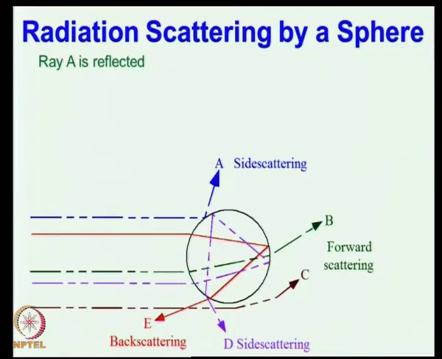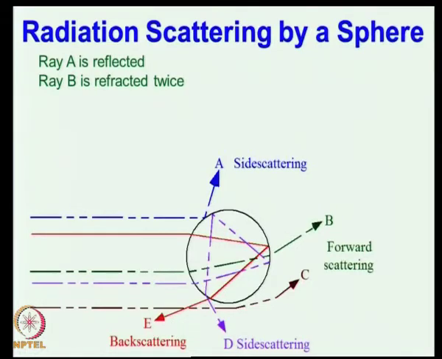The first is reflection, that is ray A. The difference in refractive index of the water drop and the surrounding air causes the reflection of this ray A. Then the second one is refraction, that is ray B. It comes here, gets refracted once at this interface, goes inside, gets totally internally reflected, comes back and refracts out. And you will see this is an important